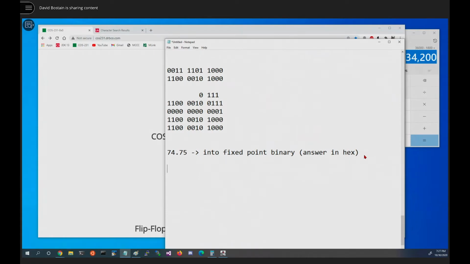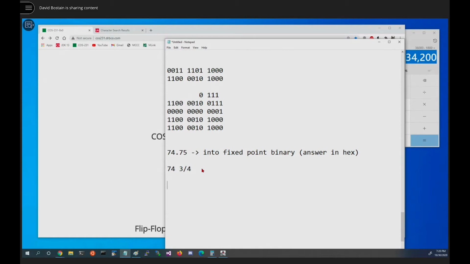The first thing I would do, if I were asked this problem, is write out 74 and 3/4 like that. I want to make sure that this fraction is over some power of 2. Because if I gave you a problem like 74 and a third, you have no idea how to do that. I didn't teach you how to do that. We only know how to do the ones that have some fraction which is a value over a power of 2. So I'd make sure of that first. Next thing I'd want to do is convert 74 into binary.